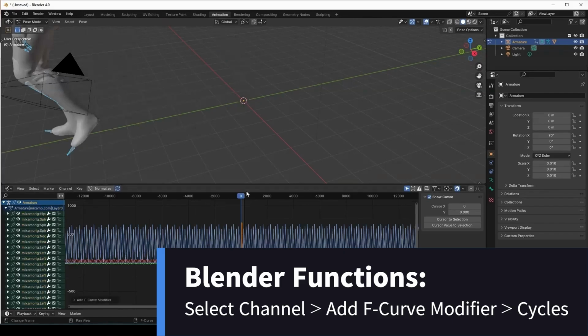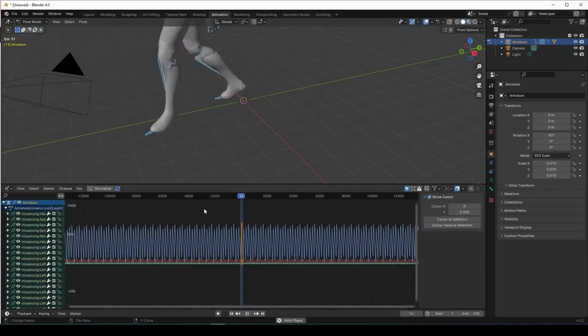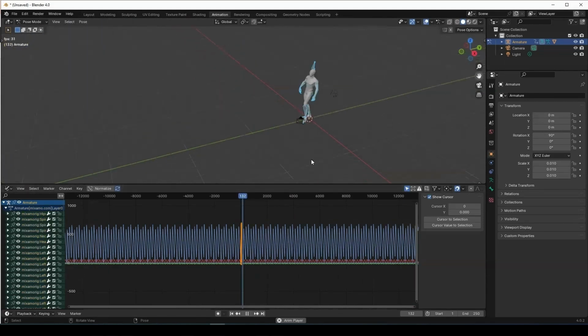and press cycles. So this will now cycle that information. The only thing now is it's repeating itself back into the same position it started. So we don't want that. We want it to continuously go forward. And for us to do that,